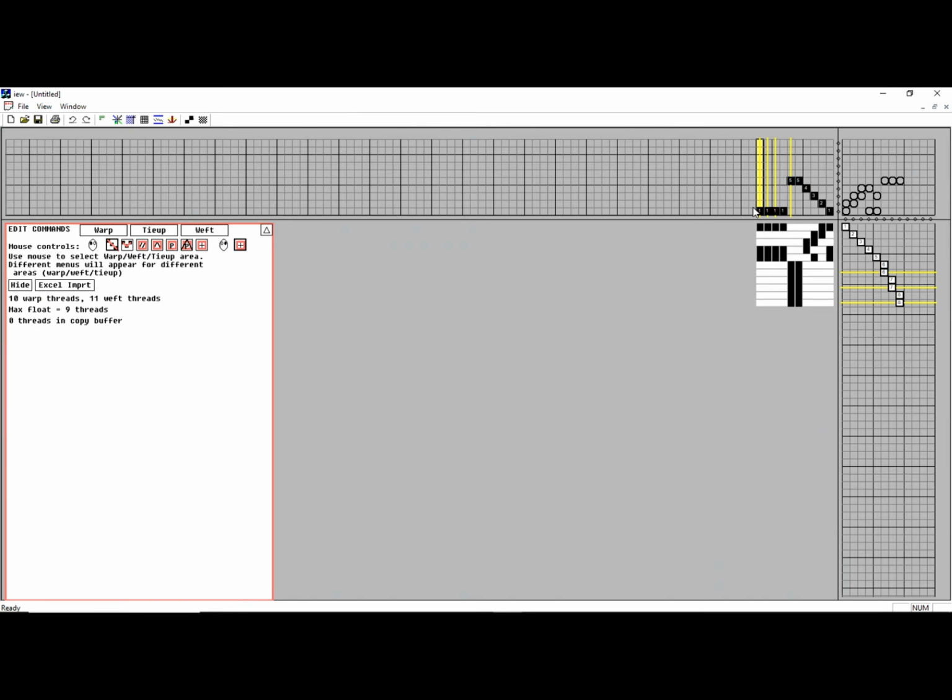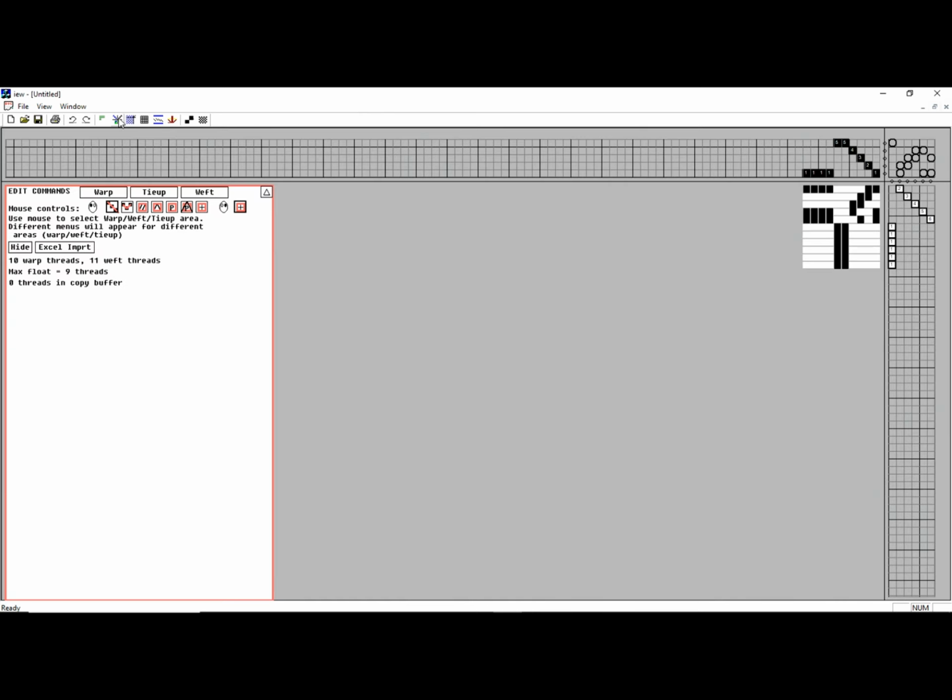The yellows are the warnings that tell me I've got duplicate threads in the same shaft. The first thread matches the last. I've got unused shafts and treadles. I can also see several of these treadles are kind of redundant and have no value. So if I go back and ask for minimize shafts, minimize treadles, and actually hit the treadle reducer,